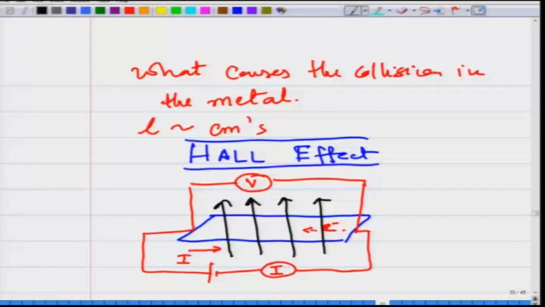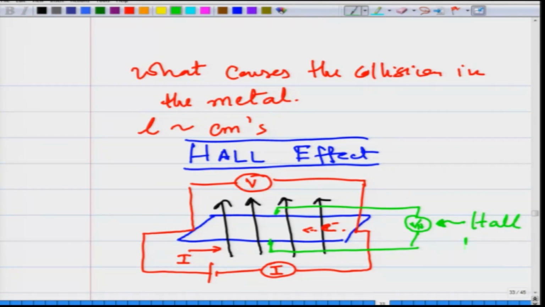Now, what you will observe is that apart from this longitudinal voltage, which is in the direction of the flow of current, you will get an additional voltage which acts perpendicular to the flow of current. This voltage, which I write as VH, appears across the sample and perpendicular to the direction of the flow. The direction of the flow of current is in this direction, and you are finding a voltage generated perpendicular to the direction of the current. This is called the Hall voltage,